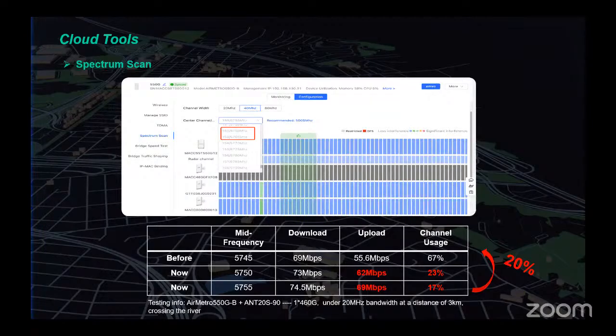Maybe if you remember legacy networks with 2.4 gigahertz, you have 11 channels. 1, 6, and 11 was the advice to select those channels for not having overlapping of the channels, right? In this case, it is done by AI, so you don't require any kind of configuration. Maybe you have neighbors that are using some of the channels, so it suggests to change between 20, 40, or 80 megahertz, and it gives you the channels that you can select just to be